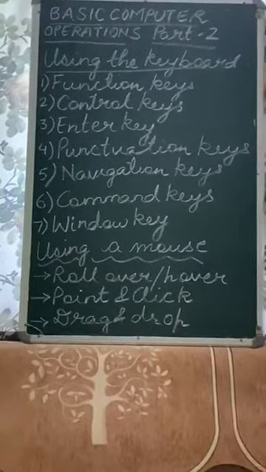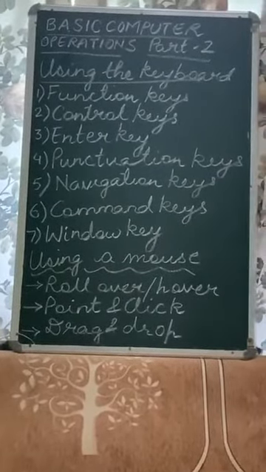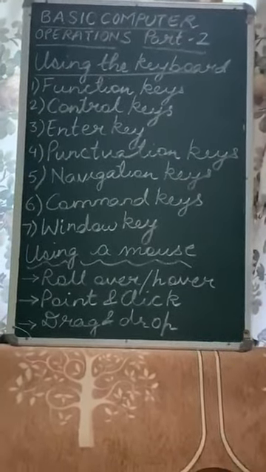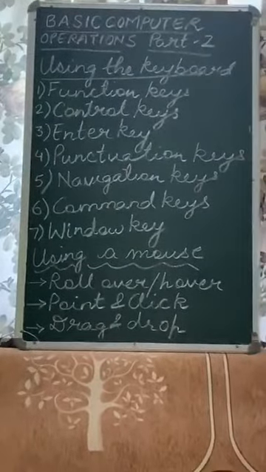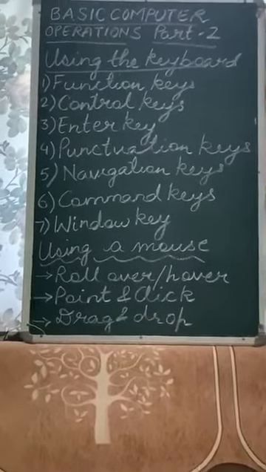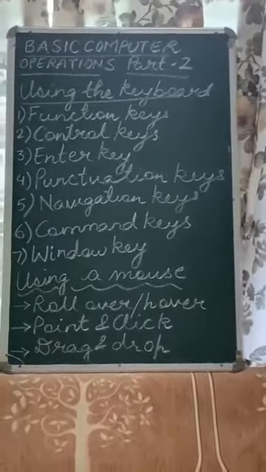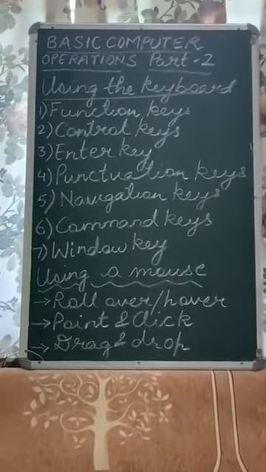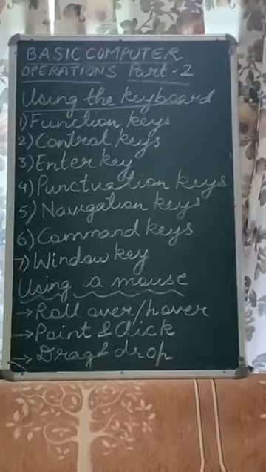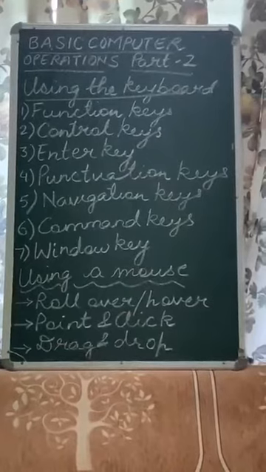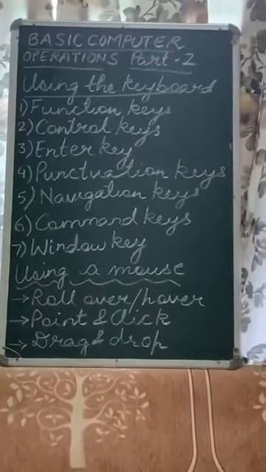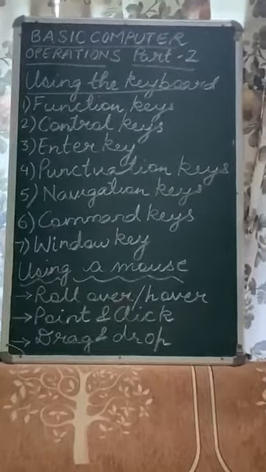For example, if you press the F1 key in most programs, it is used to get help on that program. Similarly, the F5 key is required when you are running a slideshow in a presentation. So these keys are basically to perform specific functions. Now next one is the control keys. In the control keys you will find keys such as control, labeled CTRL, shift, spacebar, alt, caps lock and tab. These are the special control keys that perform specific functions.